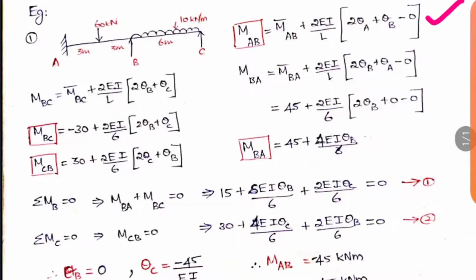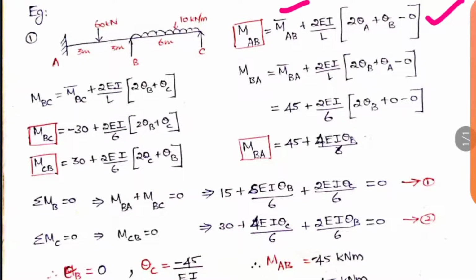Okay, so here MAB we can find because AB is a fixed beam. Always when you are doing slope deflection, you have to consider it as a fixed beam. So a fixed beam with a center point load, we have already seen the moment will be WL by 8. So W is 60 kilonewton into L, it is 6. So 60 into 6 by 8 will give you 45. Okay, so this MAB will be minus 45, because I have told you already that in this direction the moment actually applies anti-clockwise, but in the slope deflection method we consider clockwise, so we have to take minus 45.